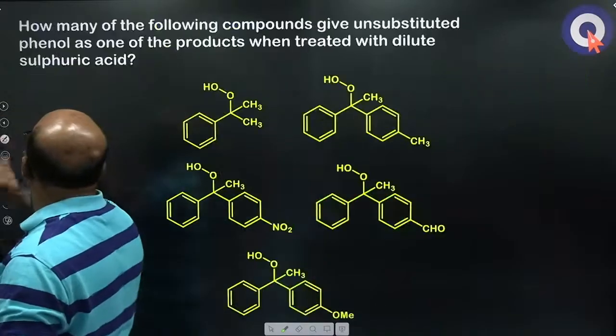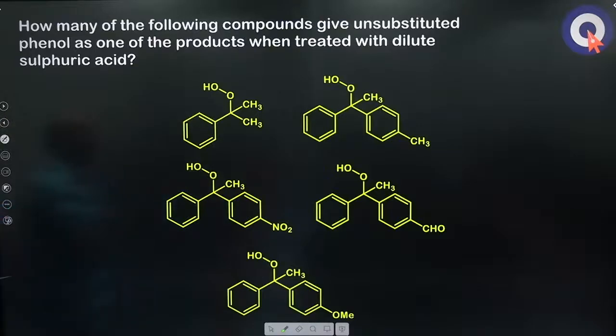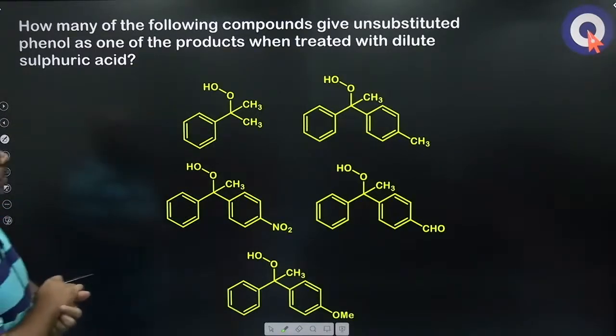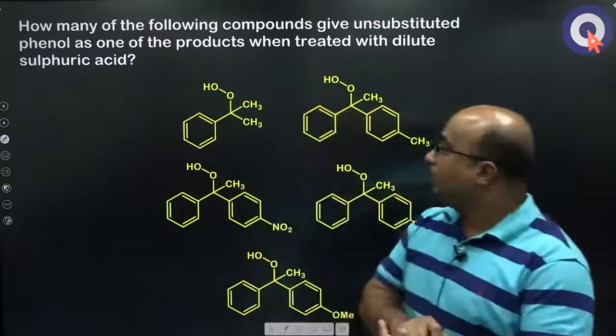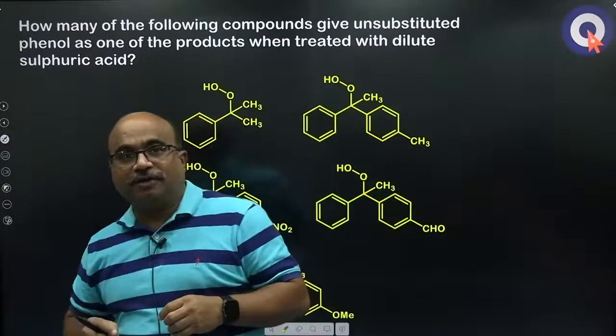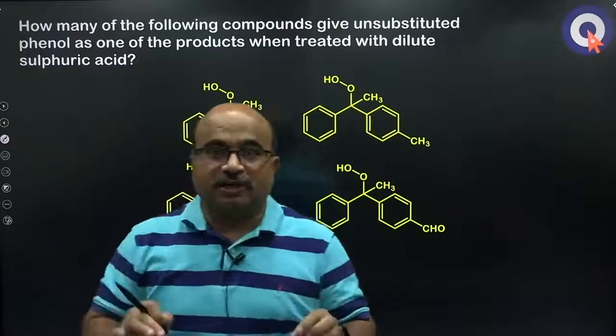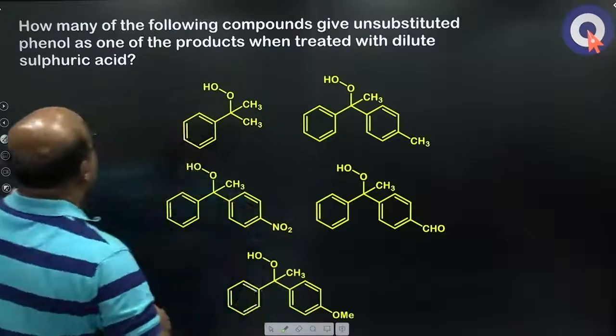Coming to this. How many of the following compounds give unsubstituted phenol as one of the products when treated with dilute sulfuric acid? It is actually a standard phenol preparation reaction, and based on that we can consider it. So what is that? Preparation of phenol